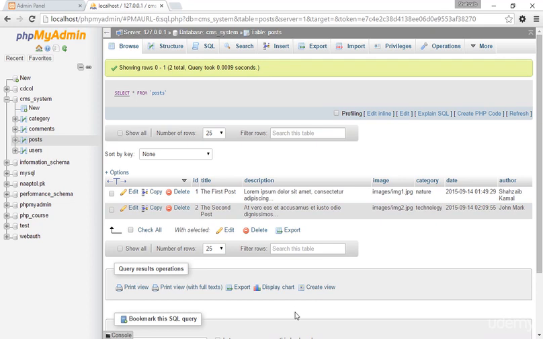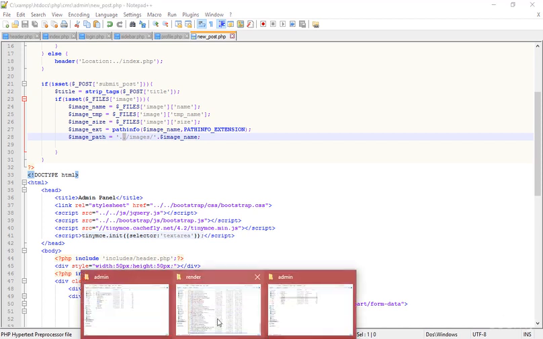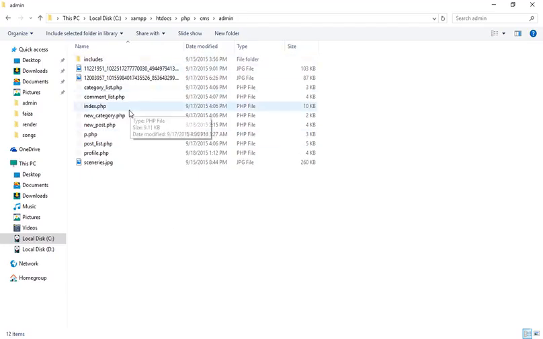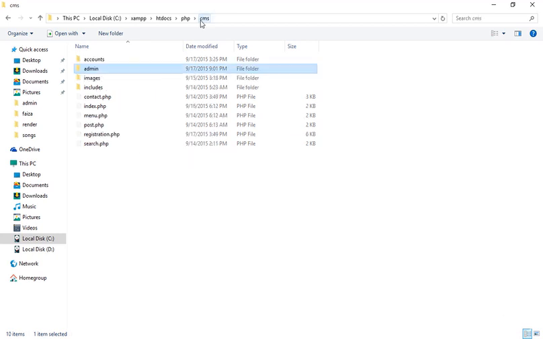So in the file where I'm opening the database and getting the data from the database, really important, it's path. Here I'm sending the file on this new post page. So when I send the data through the new post page to the images folder, then I have to use the back directory. But when I open this file, or actually when I get the image from the database on the post.php menu or index.php,